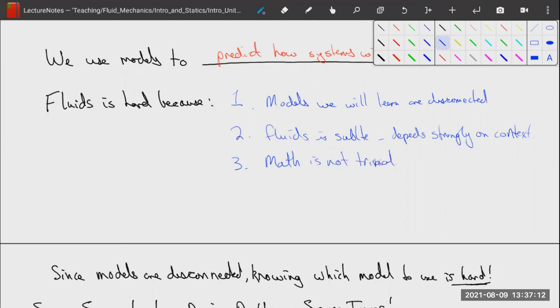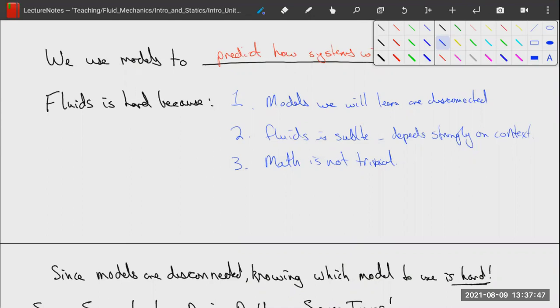It's not nearly as hard as it could be. Fluids is notorious for having difficult math, right? But that being said, we will be manipulating integrals and differential equations, right? Partial differential equations and triple integrals and double integrals, all these things we're going to have to be using. And even though we're not going to be doing difficult math problems, you have to understand the math in order to simplify the equations to get where we want to go,